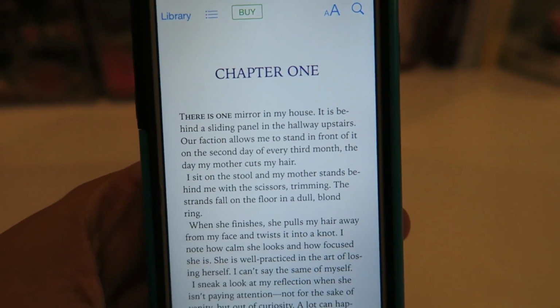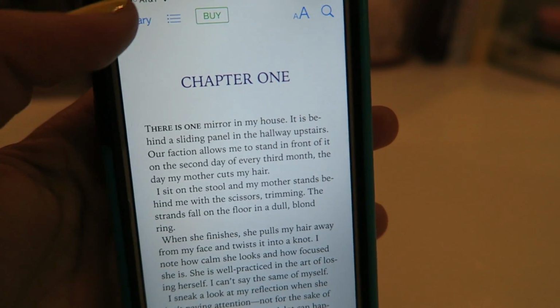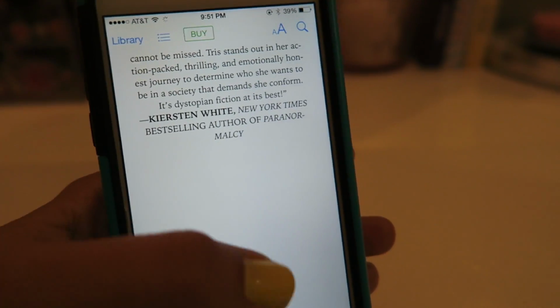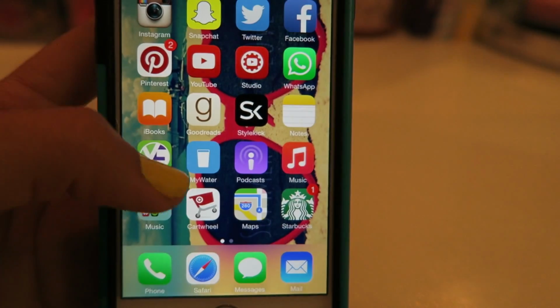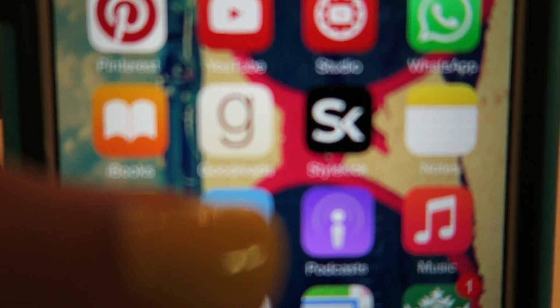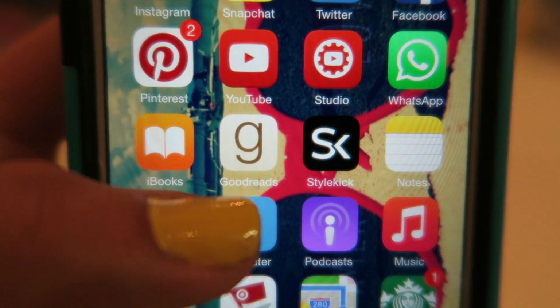Well, currently I want to read Divergent because I just saw the first movie for the first time. I know I'm late on that bandwagon, but yeah, kind of keep that there. So that's my iBooks. And then I have this other app that's called Goodreads, and it's basically where you can